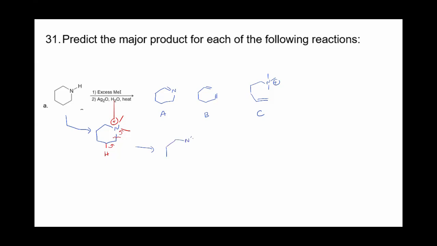So we'll get the N with the 2 methyl groups, and then a double bond right there. So the correct answer wasn't up there. We have 1, 2, just do my carbon count, 4, 5. So the 1 N will get the methyl groups, and then we eliminate on the other side. Questions on that one?